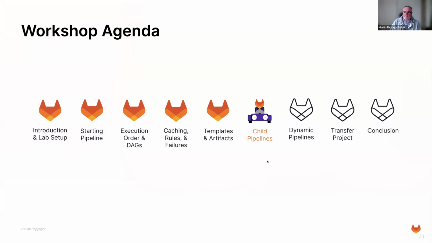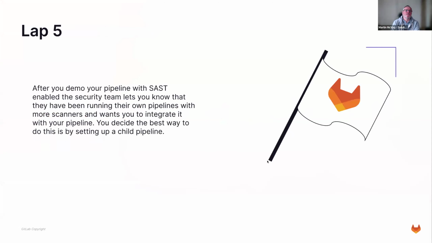So we've done templates and artifacts, as mentioned. We're now in child pipelines. Now we've demoed the most recent version of our pipeline to our people. They like it. They've been running. They've got security scanners in there. There's other teams now that are out there that have got their own pipelines from their own projects or their own parts of projects, and they're actually really keen on bringing in this functionality. So this is common functionality. This is reuse. That's a good thing. So we're going to be setting up a child pipeline in the next lab